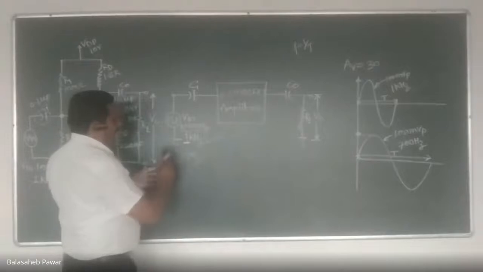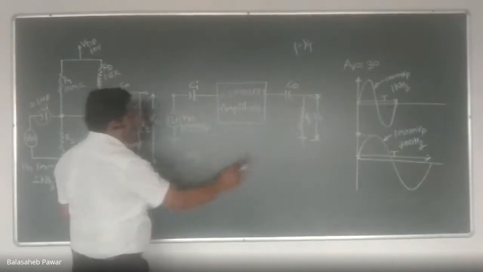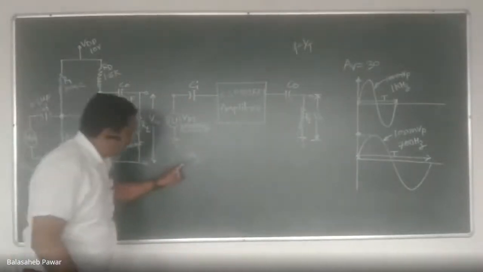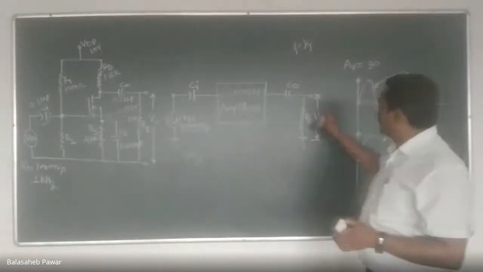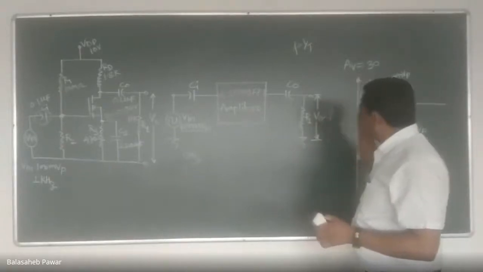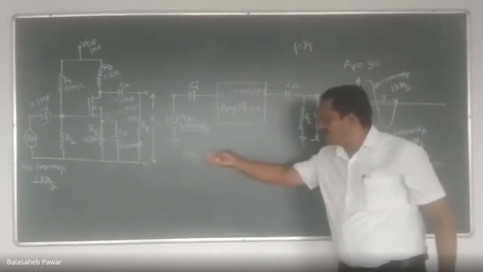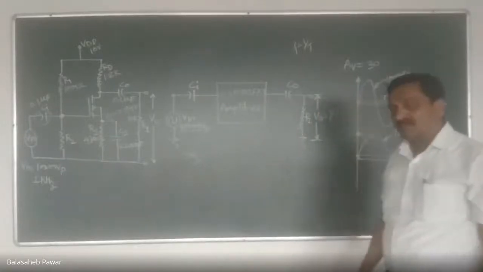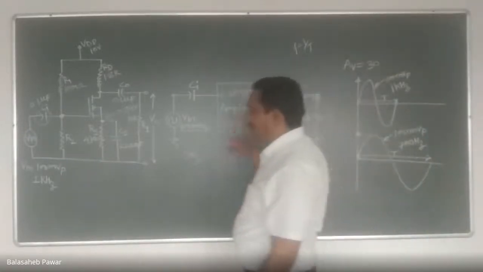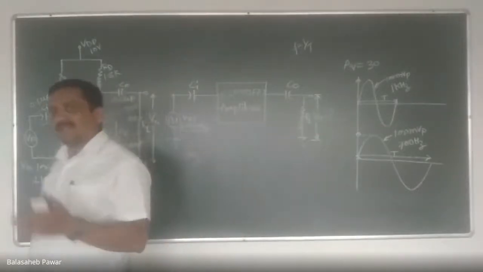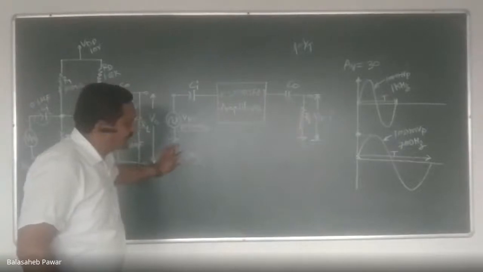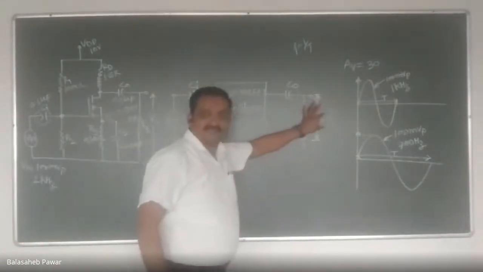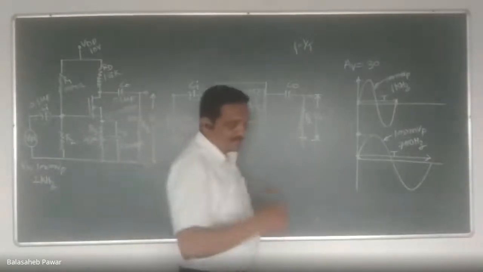Suppose my applied input signal is of 100 millivolt and 0 hertz. How much will be the output? I will be able to change the frequency from 0 hertz onward. Whatever prerequisites you studied during my previous sessions, apply that logic. It's very simple. Whenever the input signal is of 0 hertz, how much will be the output voltage? 0. Yes, it will remain 0.